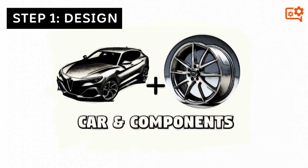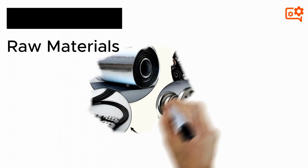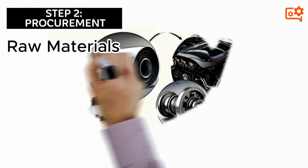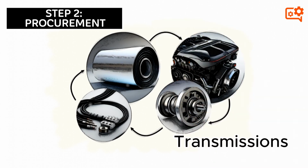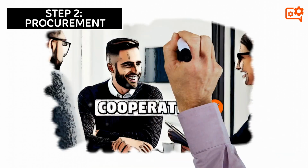and cost-effective. The next step is procurement, involving sourcing raw materials, such as steel, rubber, and plastic, as well as the components, such as engines, transmissions, and electronics. Prior to the manufacturing launch phase, procurement professionals work closely with the design and engineering teams to identify the specific requirements for